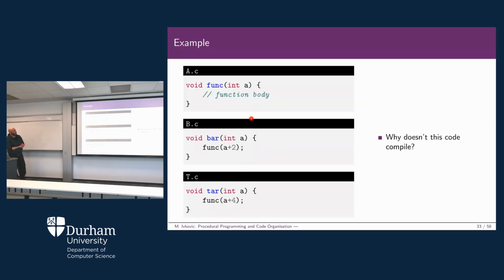So if we just try to compile this, why is that not going to work? Well, several reasons. One, in principle we can compile it, but not into an executable, because there is no main.c. So you can compile it into an object file, but if you just compile all three .c files, what's going to happen